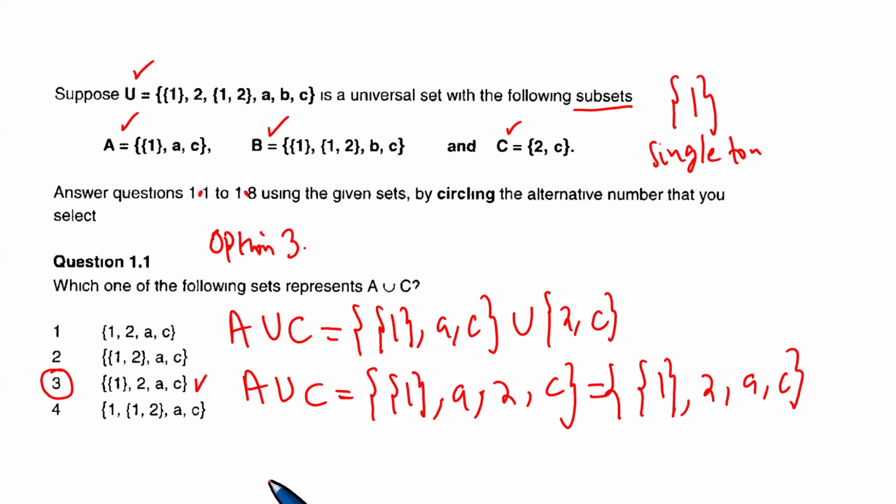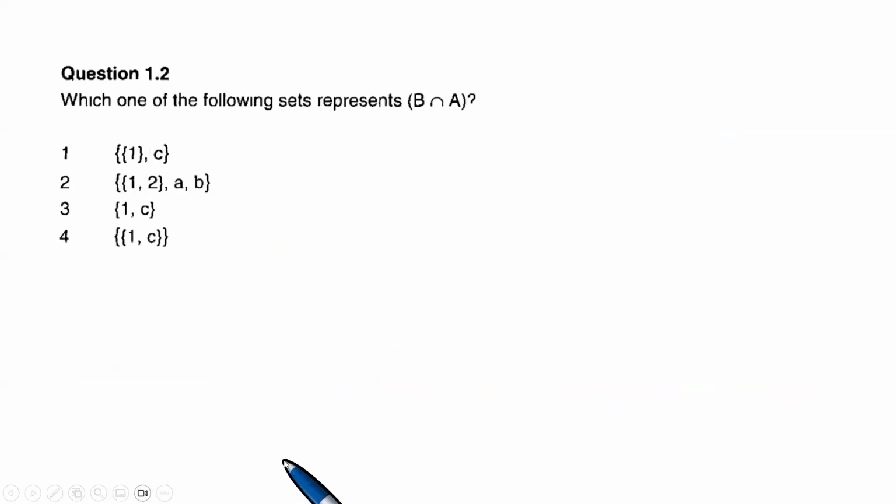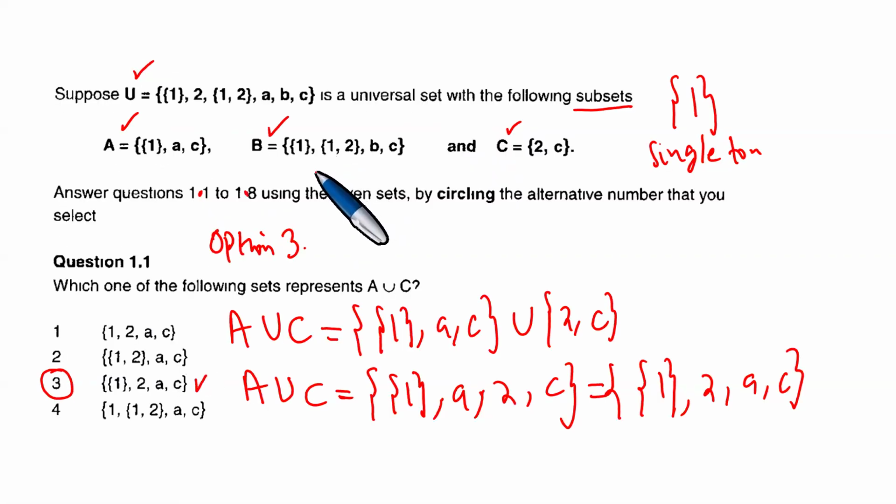There is a series of many past exam papers we shall discuss, of course. We move forward. Question 1.2, which one of the following sets represents B intersection A? To do this question, we need to remember the following, that in particular, the set B was given in the previous question, and the set B contains the element 1, it contains 1, 2, B, and C